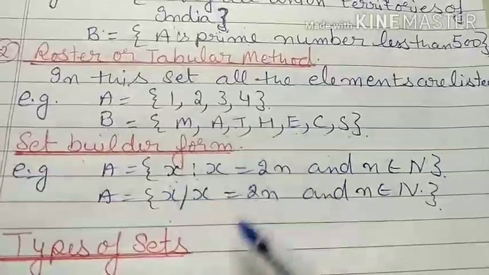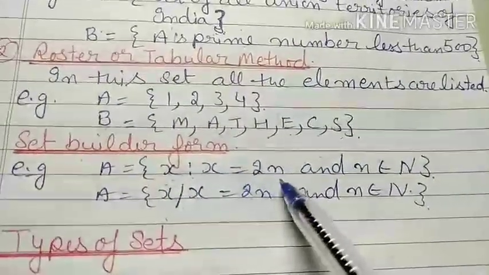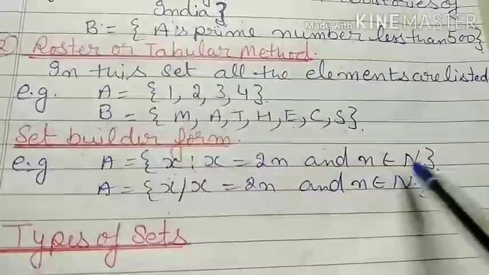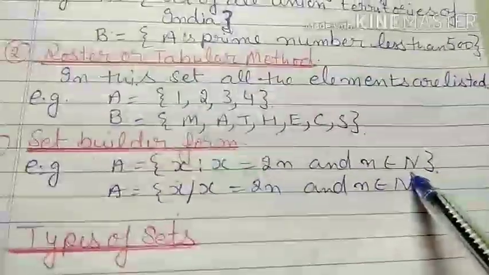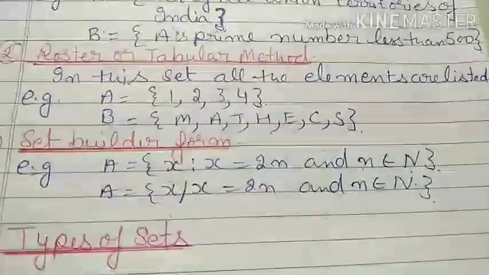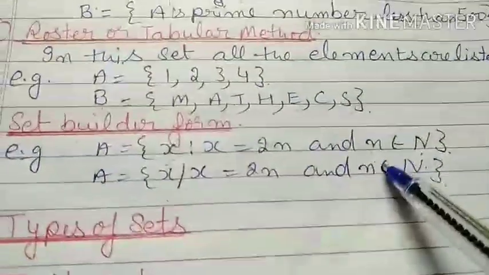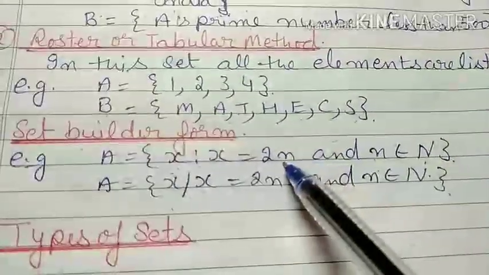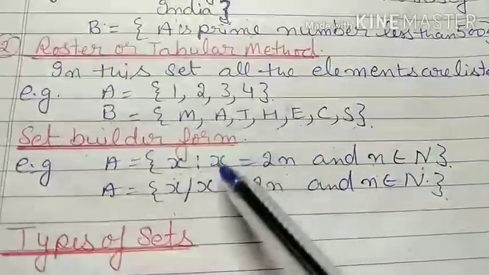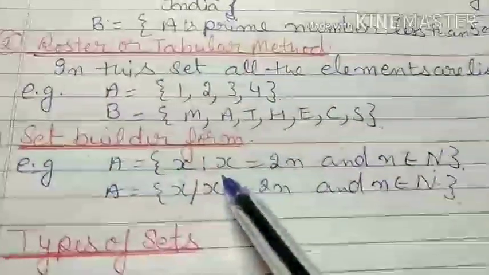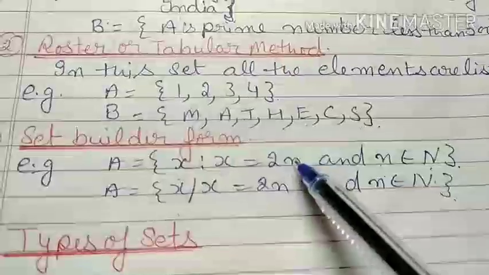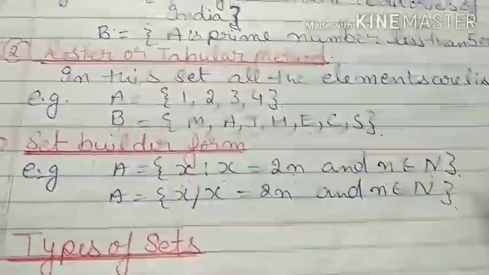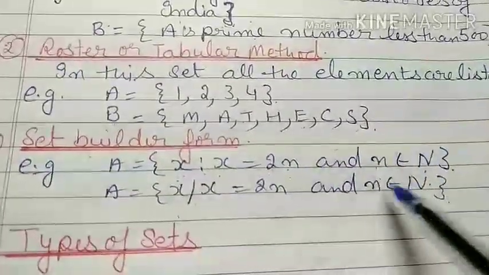If it is written x, then what is x? x is equal to 2n, where x is the expression and n belongs to natural numbers. Capital N represents natural numbers. So that means all natural numbers starting from 1, 2, 3, 4, 5, 6 up to infinity. You can choose any natural number here like 1, 2, 3, and according to that, the x value comes as a result. Suppose you have taken the natural number 2. 2 twos are 4, so under x it will be 4. So you have to go according to the natural number.